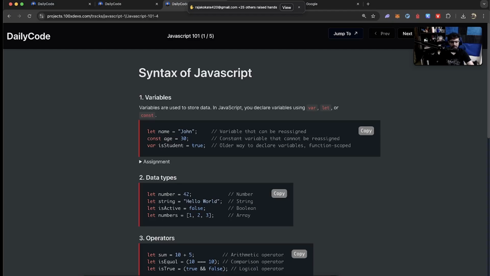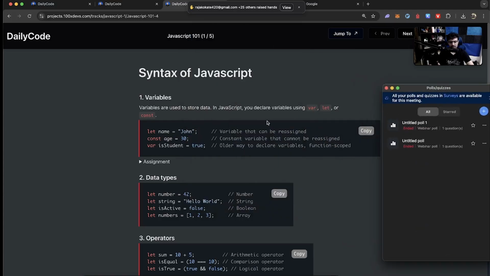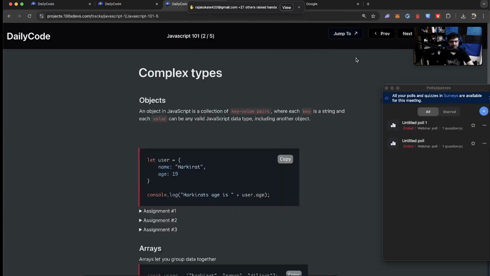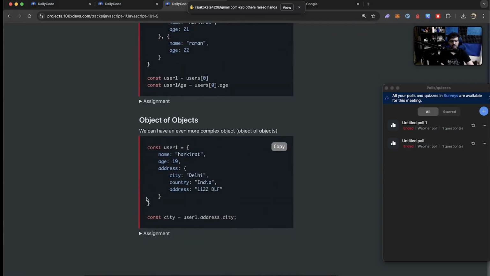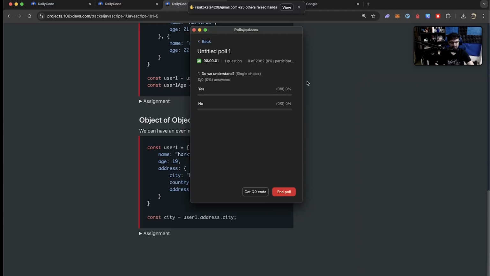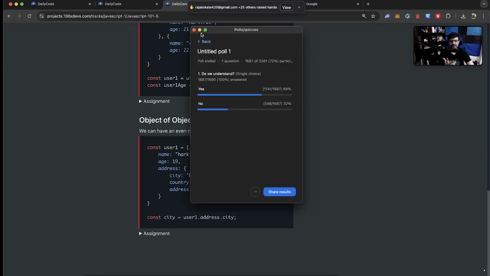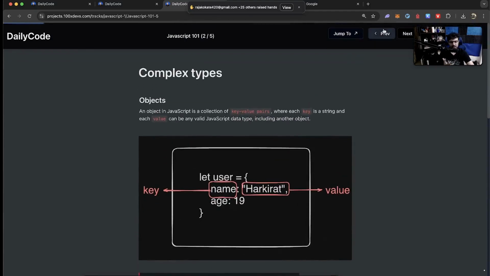Let me do a quick poll to understand how many of you already know this. Have you already written all of these things? Do you understand objects, more complex objects? For example, do you understand this code that is written over here? Are you already able to understand what this does? Are you already able to do the assignment that's written over here? Yeah, this one's an empty assignment, but is this code comfortable to you already? Yes or no? Okay. 60% yes, 40% no. Great, that makes a lot of sense for us to do this class then, because 40% is a very big number.